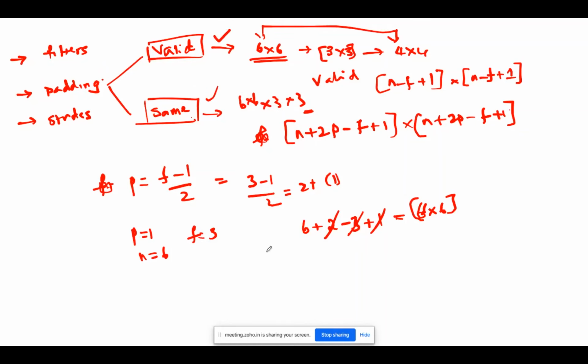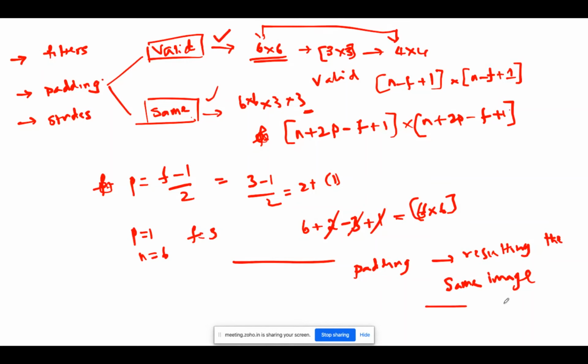Are these two points clear? With the padding option, there is no damage to the resulting image; it stays the same. So I am padding with 1. See, I have an image of 3 by 3. What is padding doing?